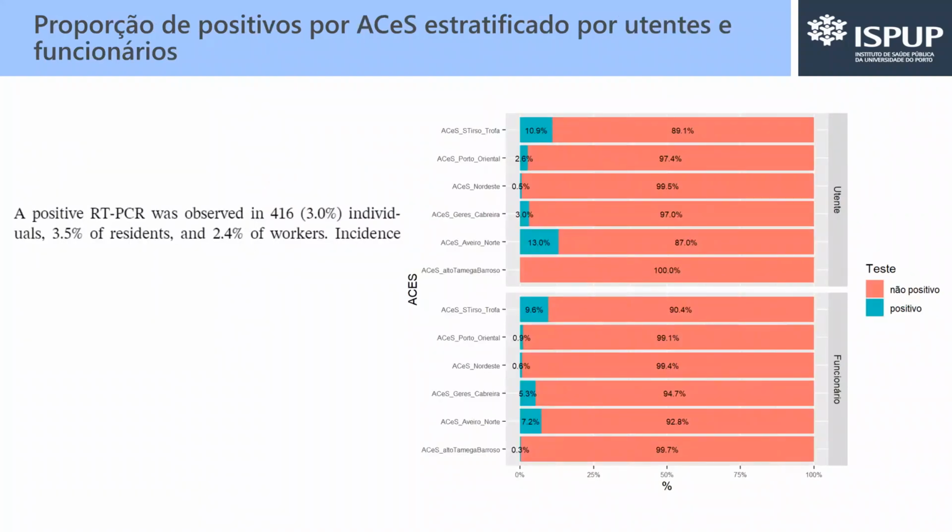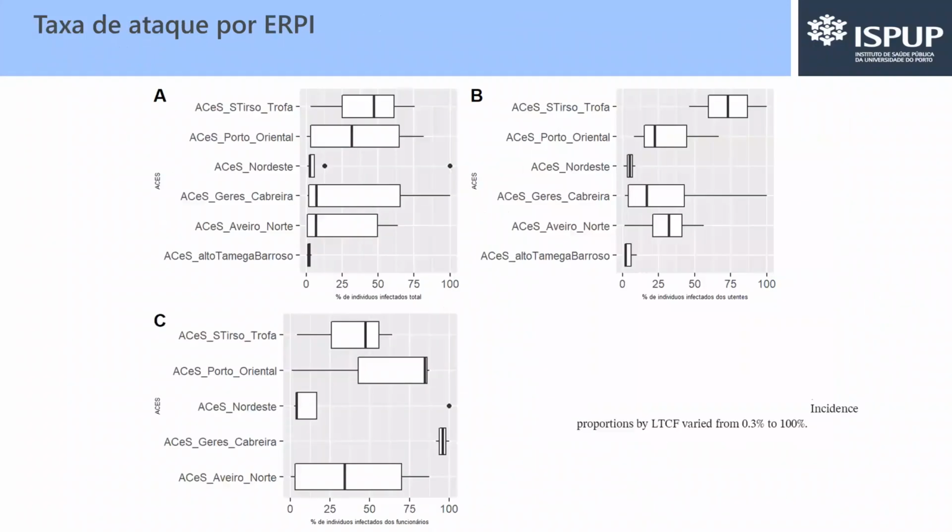You can see here that we tried to separate these by different healthcare units, and we can see that the percentage of people that were infected was very different between the several healthcare units. As you can see, there were some of them where 30% of the population already had infection, and others that had 0.3% at the moment that we did this. So you can see there is a lot of difference here, and then we go to the results and look to